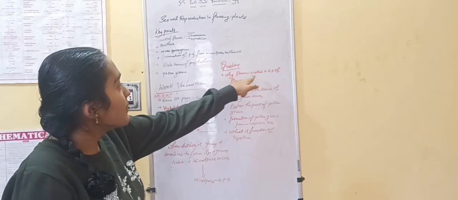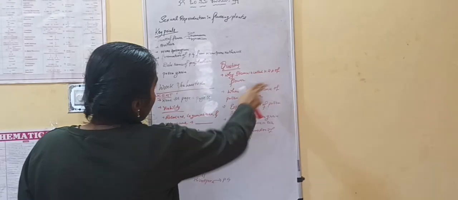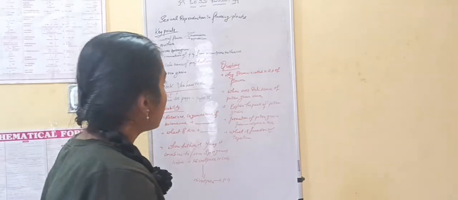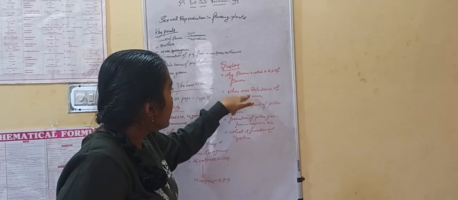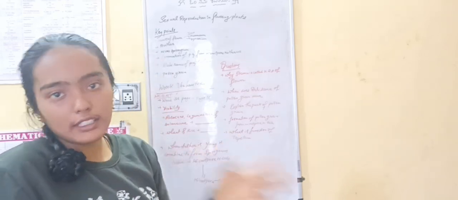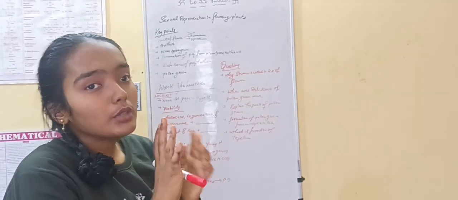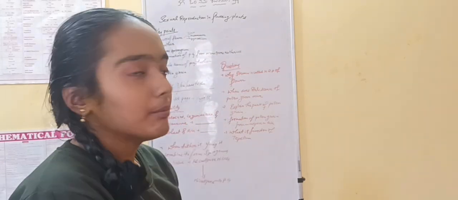And why is the stamen called the male reproductive part of a flower? It is the male reproductive part. I wrote short terms, but it is still the male reproductive part of the flower. And when does dehiscence of the pollen grain occur? I already told you when it gets matured, but you still need to form your own sentence and then write.